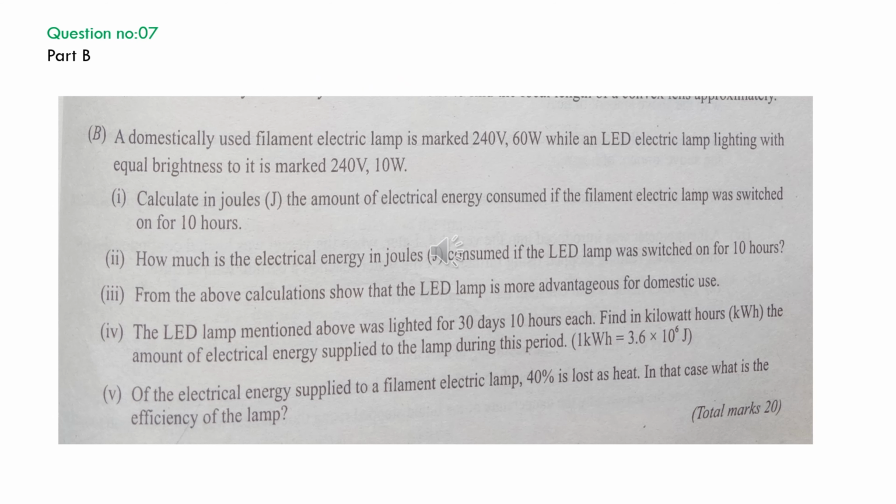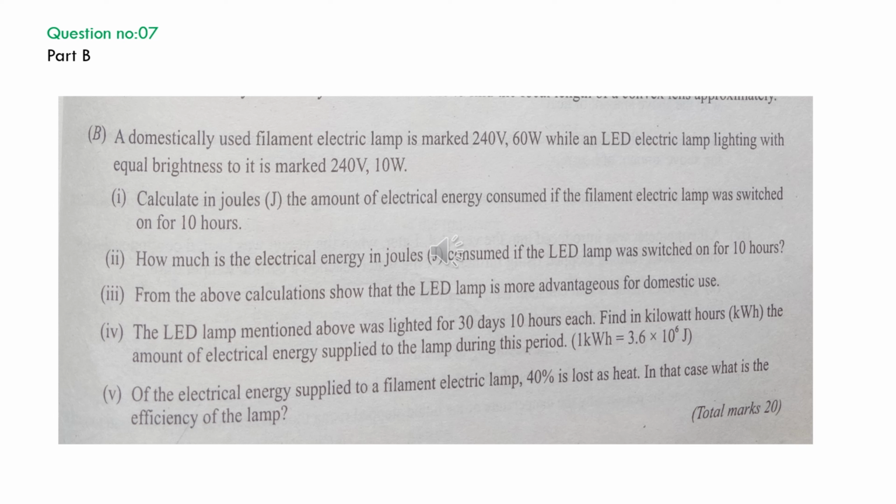The fourth part asks for a way of finding the focal length of a convex lens approximately. You can obtain a clear image of a distant object on a wall in the laboratory. We can get a clear image of a distant tree and measure the distance between the wall and the lens. This is the way of finding the focal length of a convex lens approximately. Now let's move on to part B.